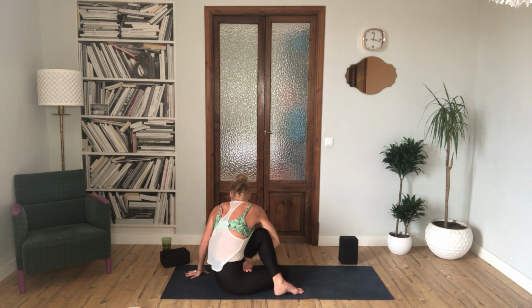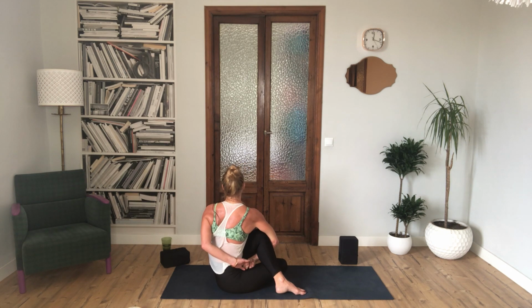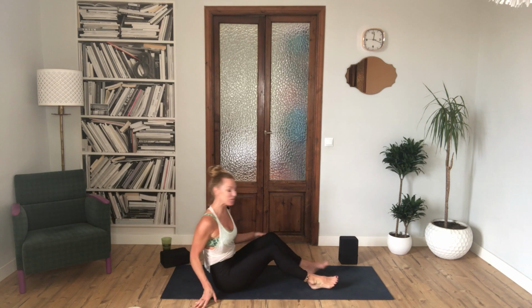Inhale, lift. I'm going to take the bind here, threading the hand through. And inhale, exhale here. 5 cycles of breath. Activate the feet. Lift up, exhale, rotate. And release and turn back. Unravel the legs and getting ready for the most important pose of all,